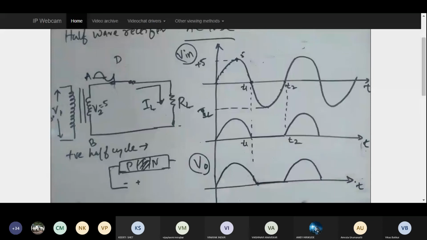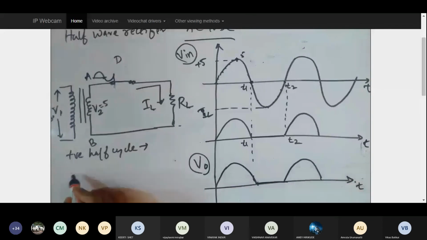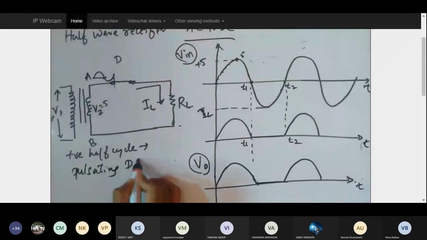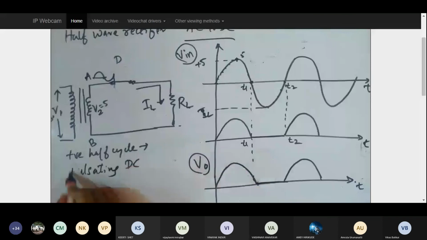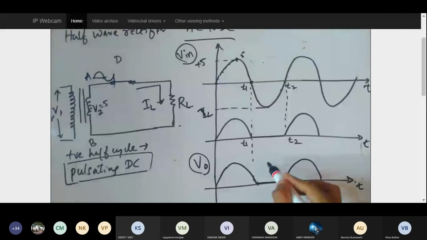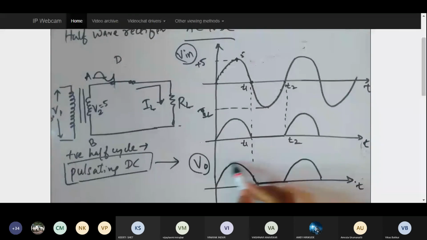So what I'm going to call this as, I'm not calling it a DC, rather I'm going to call it a pulsating DC. So the output voltage what I'm going to get is my pulsating DC. Now it becomes very important for me to ensure this is made to look like a constant voltage, the way we are expecting. Only then can I say that the sinusoidal AC has been converted into constant DC.